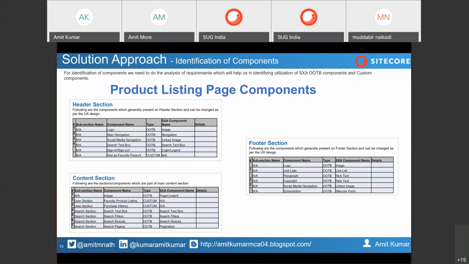In that scenario, we suggested that if you are mixing and matching, then we cannot utilize a component from one website implementation in the other. So it's better to create an experience platform and onboard all of your websites there. That way, we can showcase the reusability and our credibility to the client.